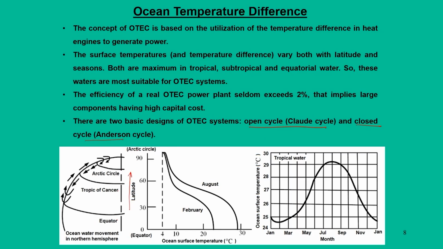Now, when we are moving along the latitudes, we see that ocean surface temperature is less at the Arctic Circle and higher close to the equator, and this temperature also varies across the months. In February and August, these are the typical maximum temperature differences that we can get. That means if you are closely at the equator, we will have this much temperature difference in the months of February and August. Now, on a tropical water, which is somewhere at the Tropic of Cancer at 60 degree latitude, the variation typically